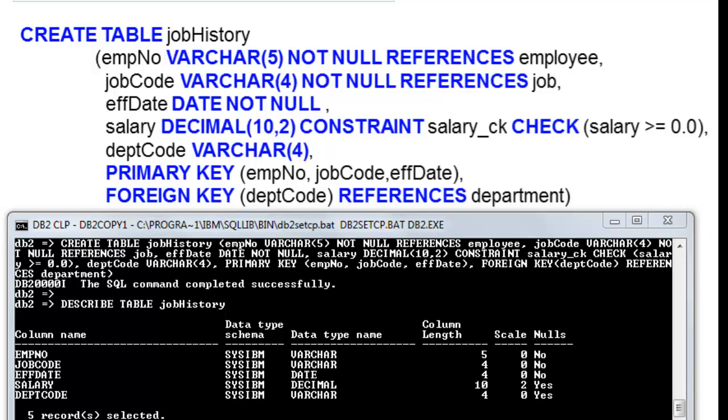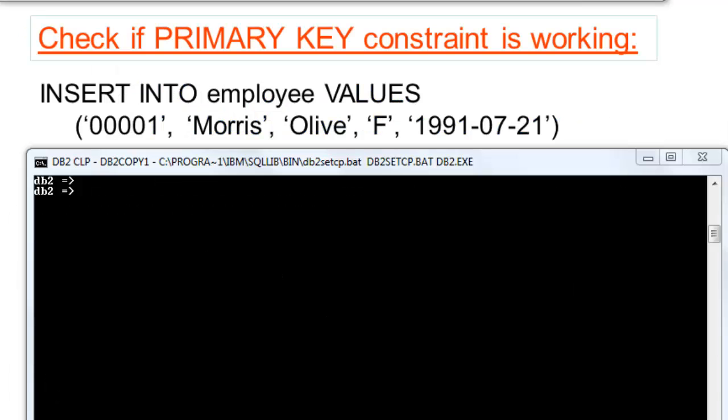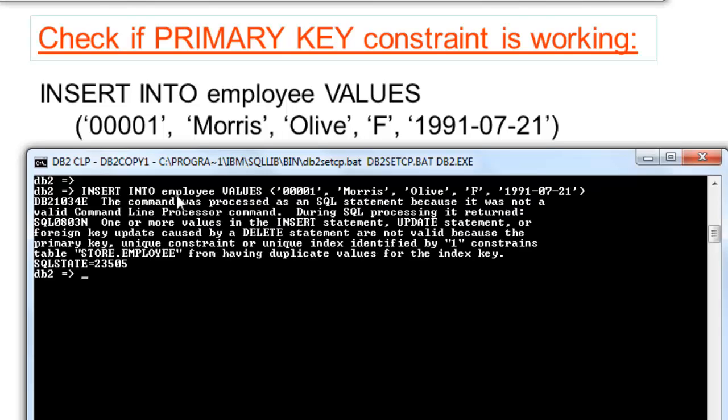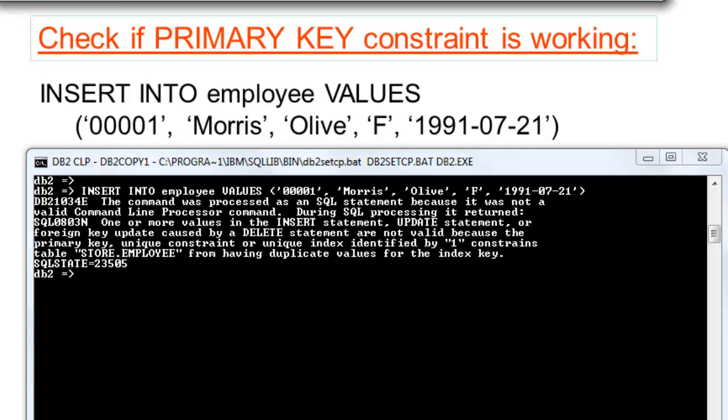Let us now check if our set constraints are working. We now check the primary key constraint, if working, on employee table. Let us insert this row. We have declared that employee number is the primary key.